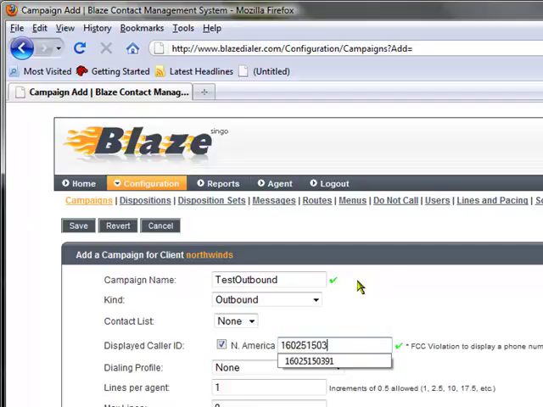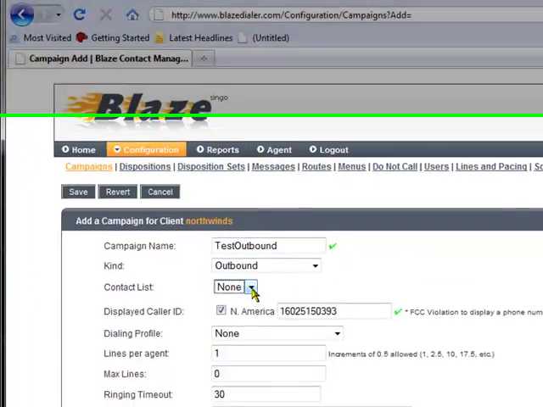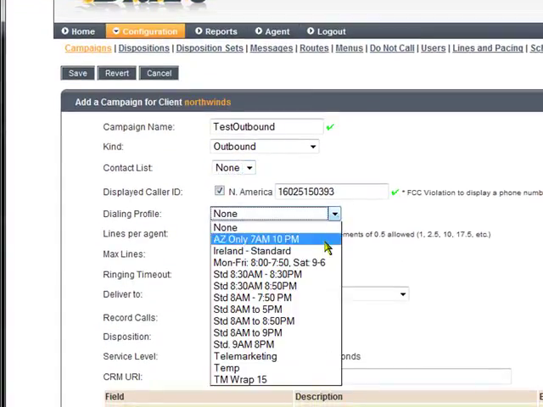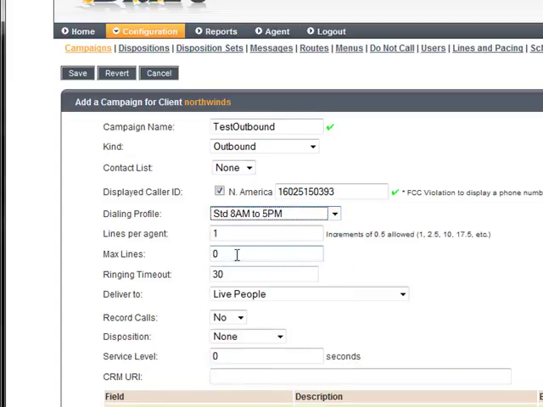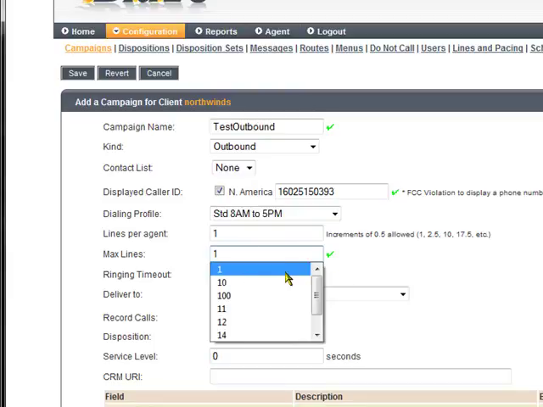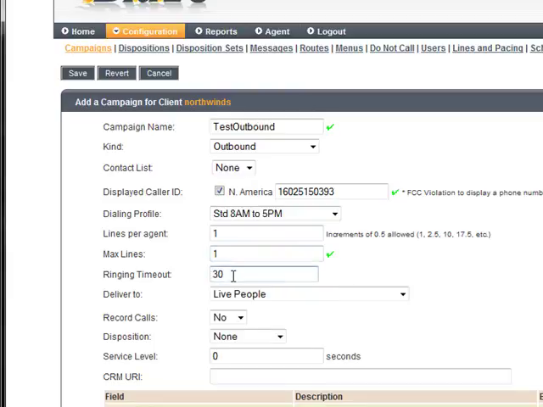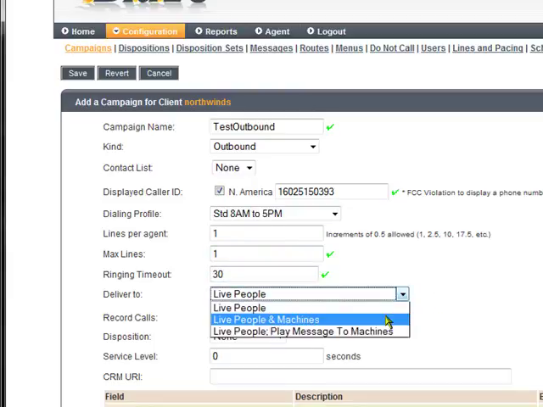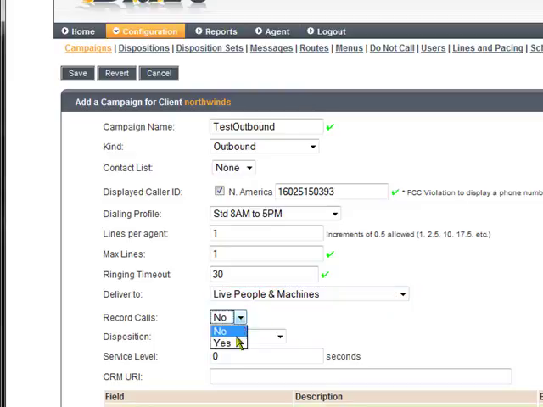The dialing profile, which is by standard time zone, which reflects the prefix of the numbers within the contact list. Lines per agent, maximum lines for the particular campaign, ring out time on the outbound calls, live people or live people machines, record calls yes or no, and dispositions, as well as service level measurement. We'll save this outbound campaign,